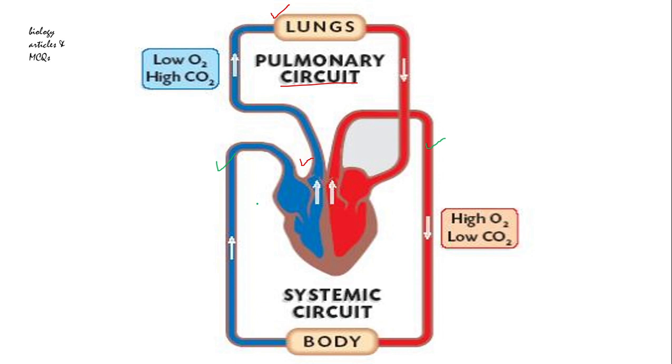So the circulation of the blood starts with the deoxygenated blood from the right ventricle moving to the lungs. Let me repeat the four chambers of the heart: the right atrium, the right ventricle, the left atrium, and the left ventricle. So the blood first of all moves from the right ventricle towards the lungs,